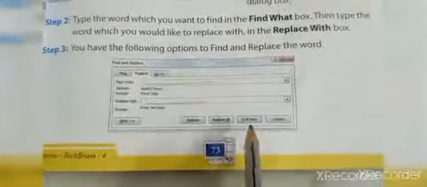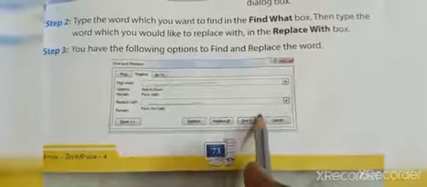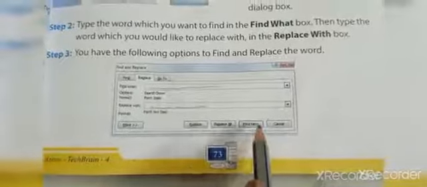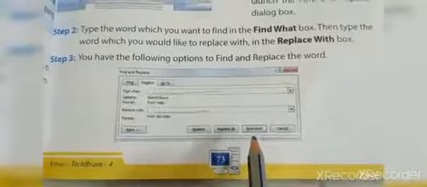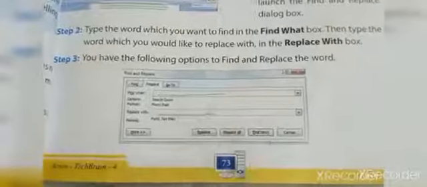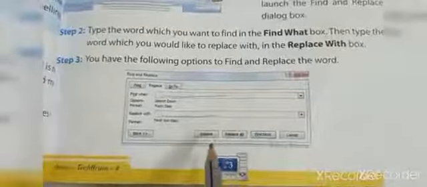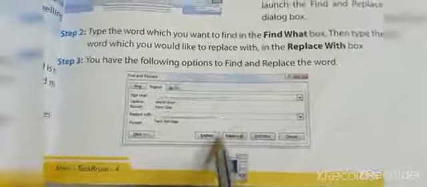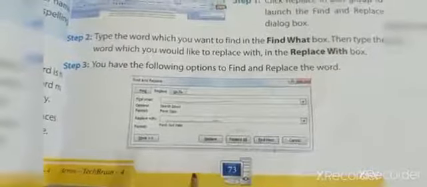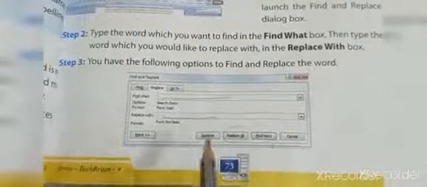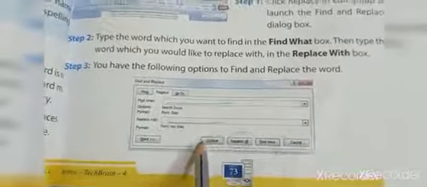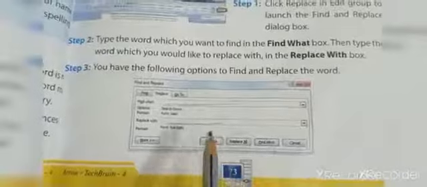And then select find next until you come to the word you want to update. To update all the instances at once, you have to choose replace all. If you want to replace only that particular place, just click the replace button.